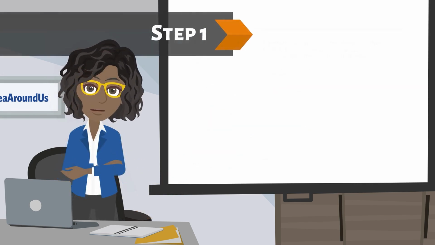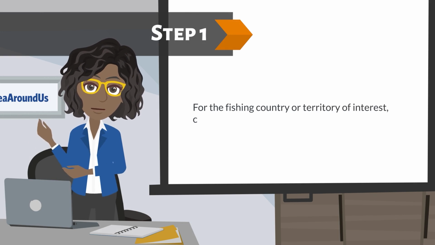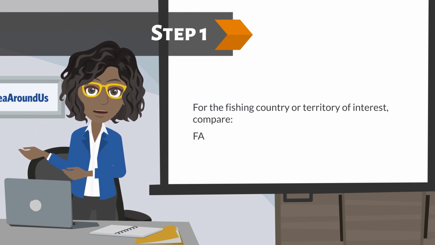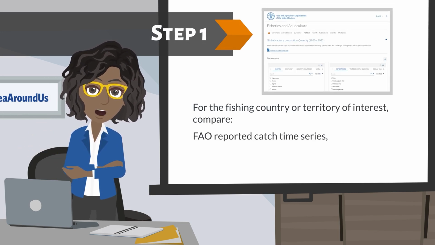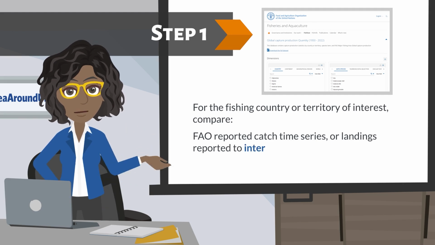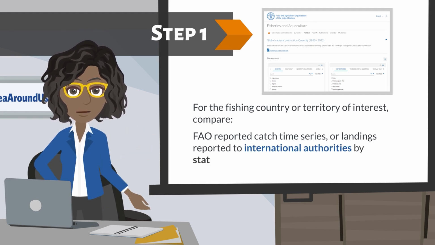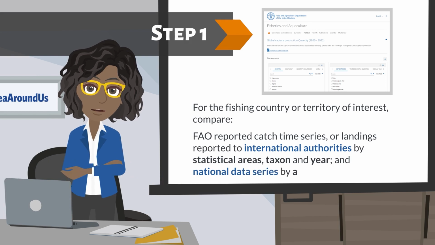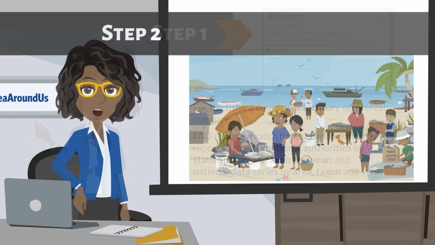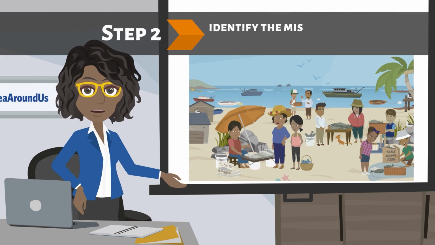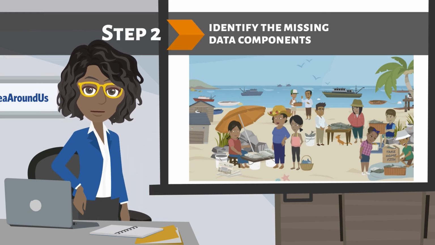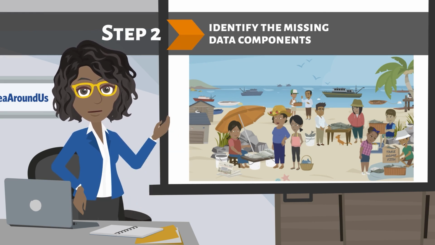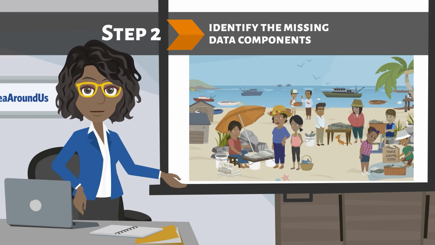In step 1, for the fishing country or territory of interest, you have to compare the FAO reported catch time series, or landings reported to international authorities by statistical areas, taxon and year, and national data series by area, taxon, and year. In step 2, you have to identify fishing sectors, that is, subsistence, recreational, artisanal, and industrial, as well